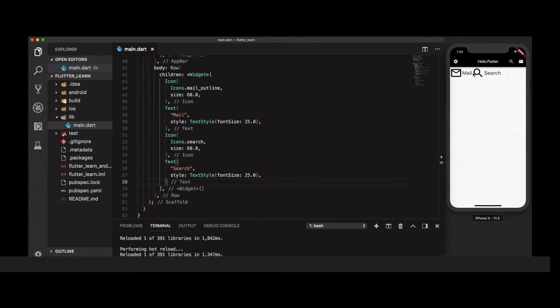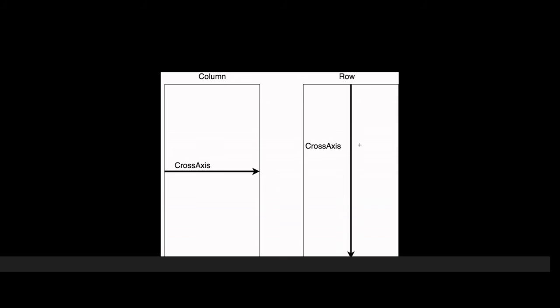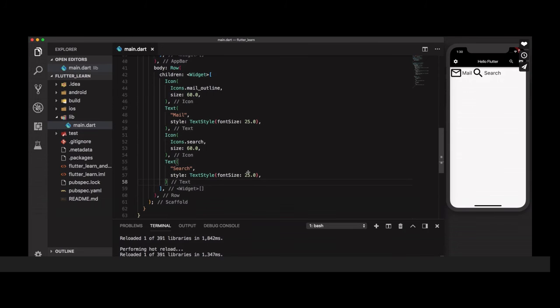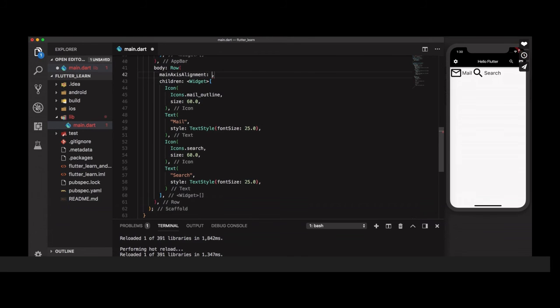Now we will add a certain alignment for a row. We will add main axis alignment.